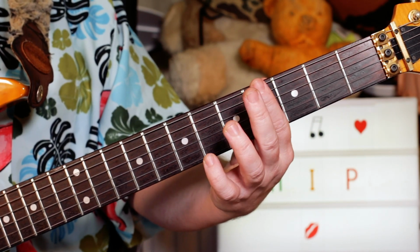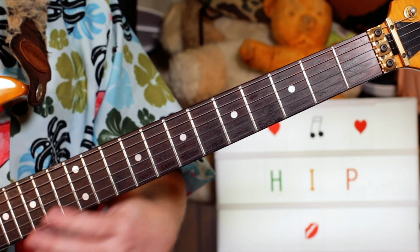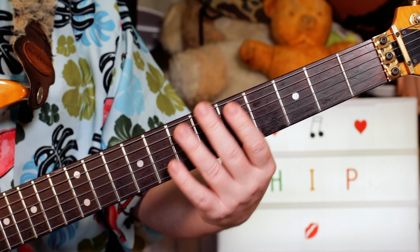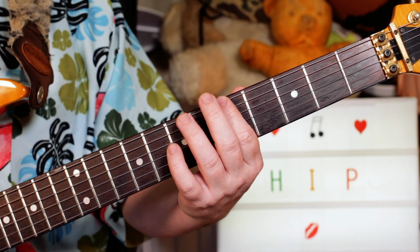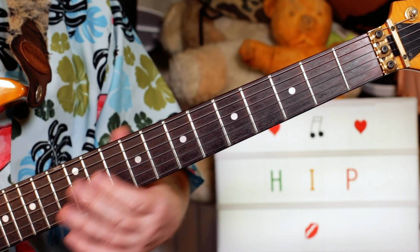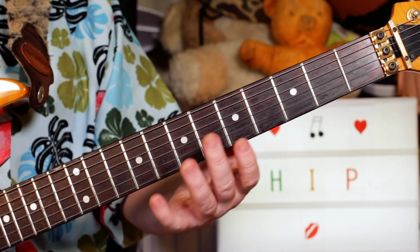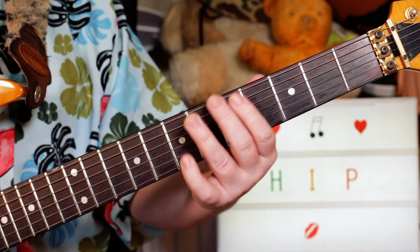on 4 and 4, then 4, 5, 4, 5, G sharp to A. Then leading us back into a repeat, I've got A, B, D, 5, 7, 5 on the E and A strings, and that repeats. And then just before you go into the verse, slight change, I've got